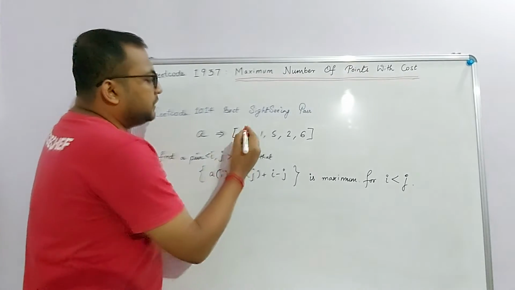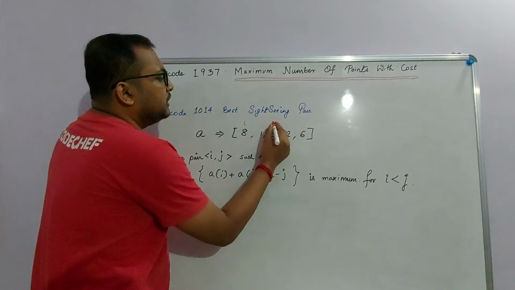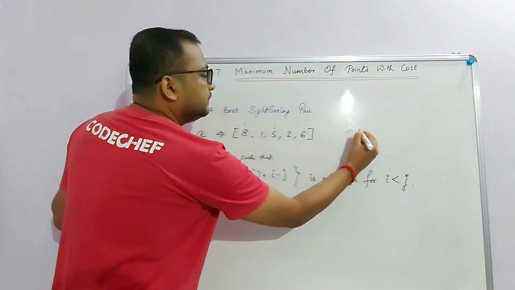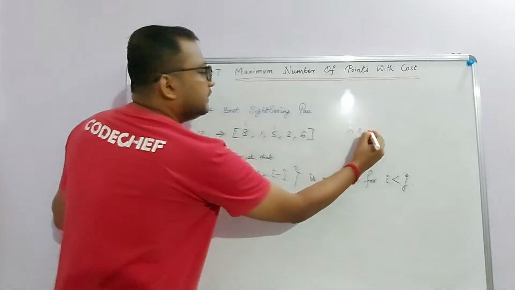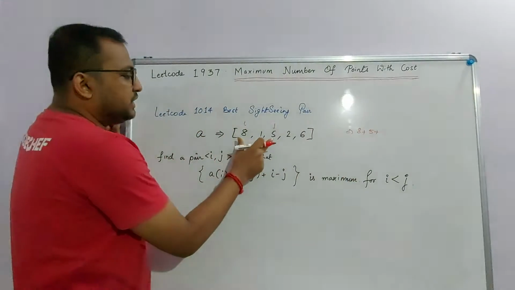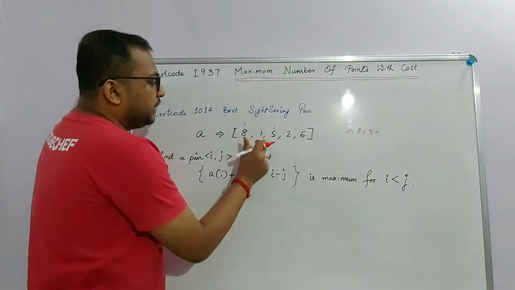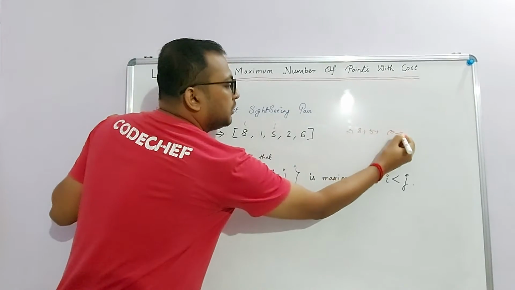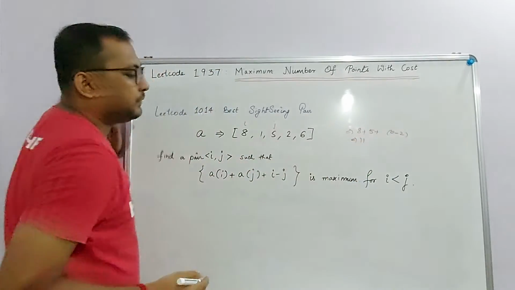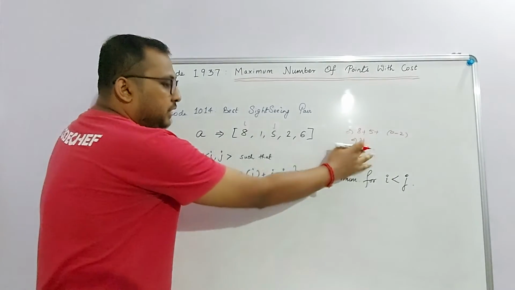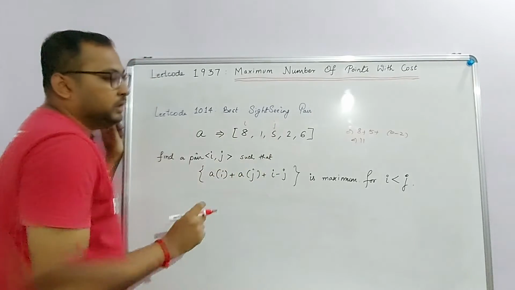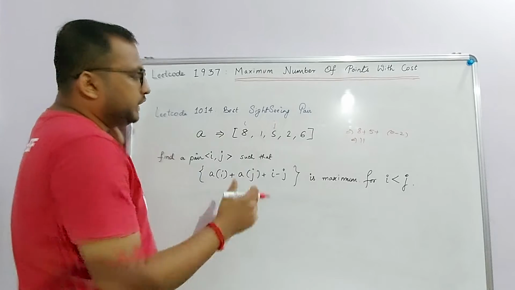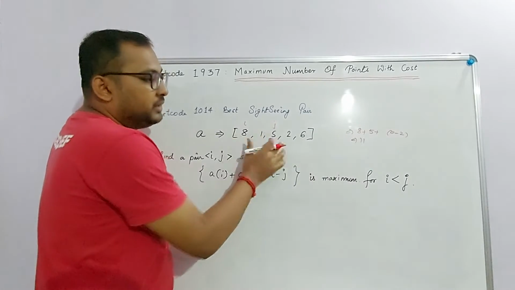Let's consider an example. If I take this as the i and this as the j, what is the value of this equation? Let's see. a of i is 8, a of j is 5, and what is the difference between these two indexes? That is i minus j. If I take 0 indexes, then 0, 1, 2, so it is basically 0 minus 2. So we get 11. So this is the value of this equation if I take this particular pair. In this way I can take any pair, and what's the maximum value that I can get? Here it is optimal to choose this particular pair, and this gives the maximum sum.